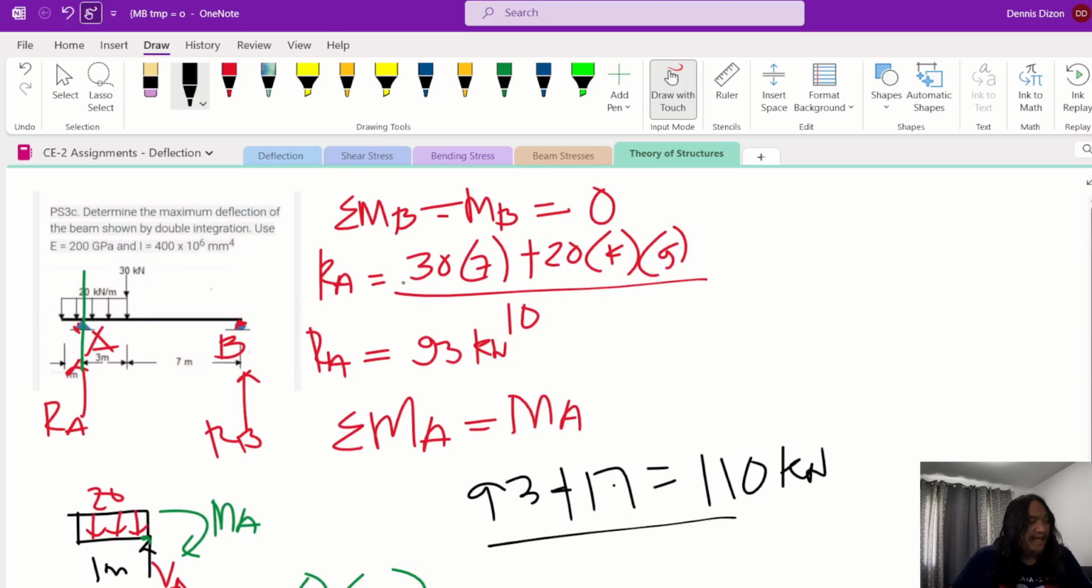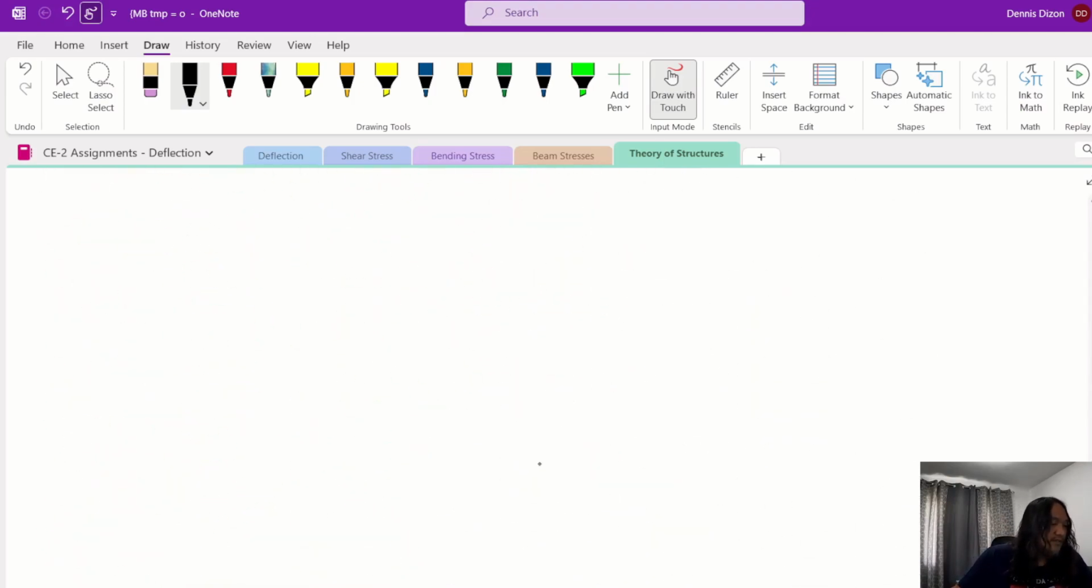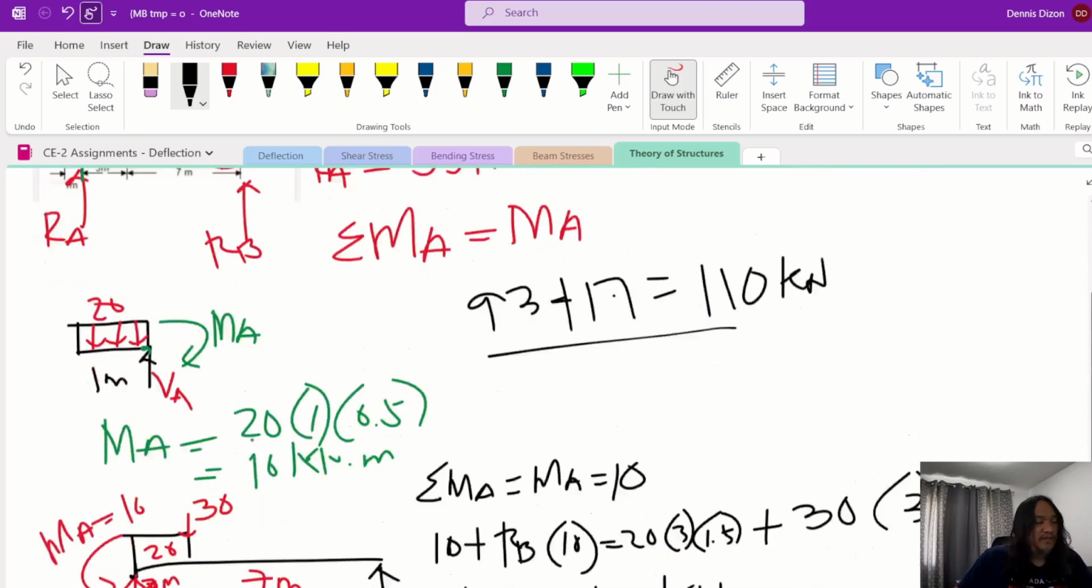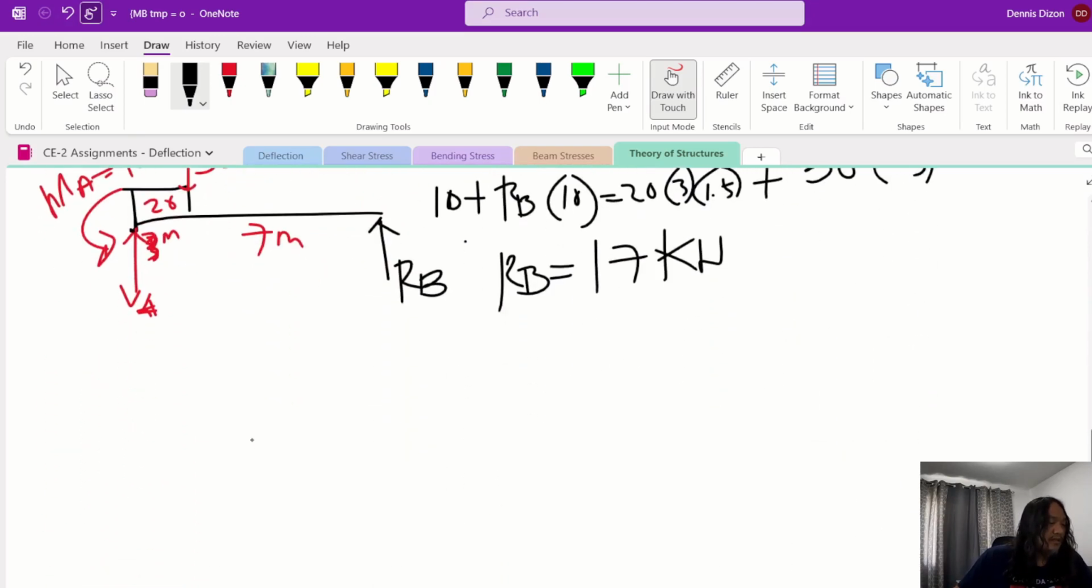Now, the other solution is, if you consider the whole load, instead of cutting a section and then solving for the moment at A, you can actually assume summation of moments at A is equal to 0, and then consider the whole load. So therefore, if we go back to our diagram,